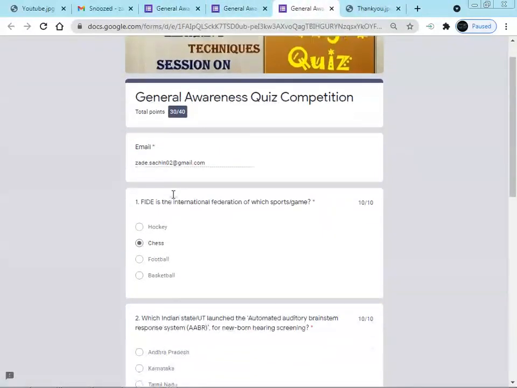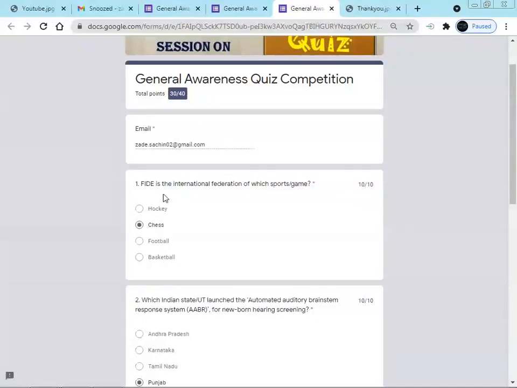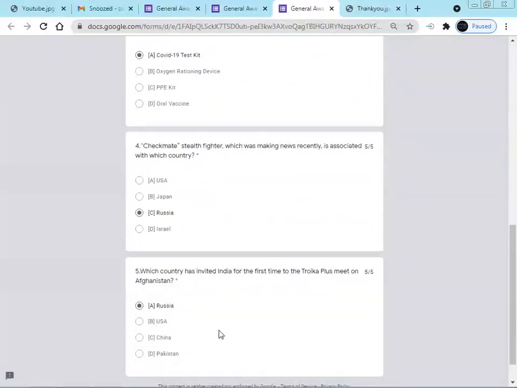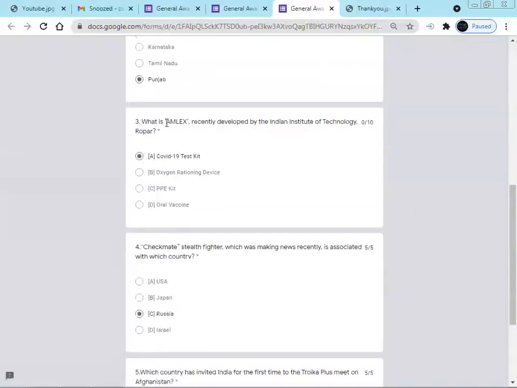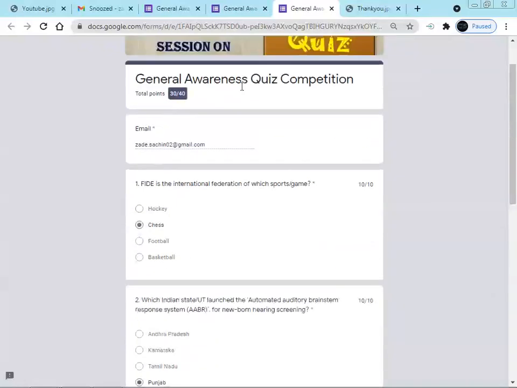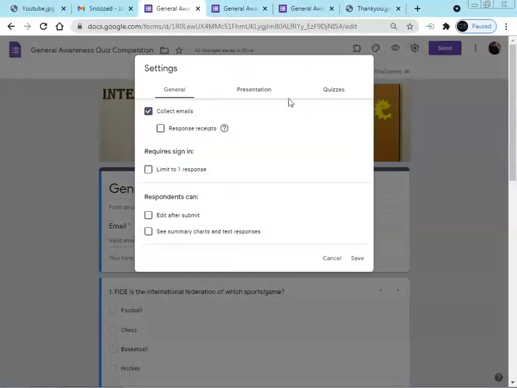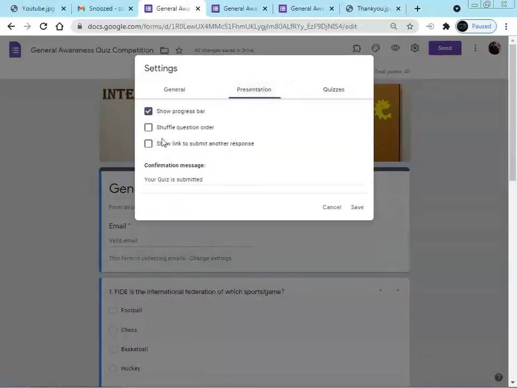We are not getting any correct answers, just this at the top, 30 out of 40. How many points you get will be shown at the right side, and no cross, tick, or correct mark will be shown in this option. One more option we have in the settings, in the presentation part, is